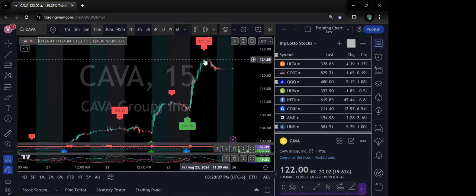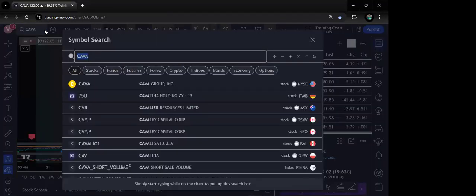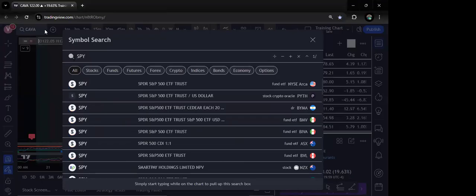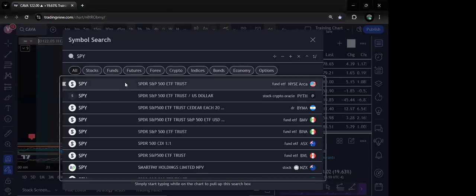2 weeks. You can do it even for SPY. Any stock. You want to look at 2 weeks. So the first week, you want to see which multiple of 10. The next week, you want to see if it broke above that multiple of 10, which decision was made. Then now, third week. So SPY